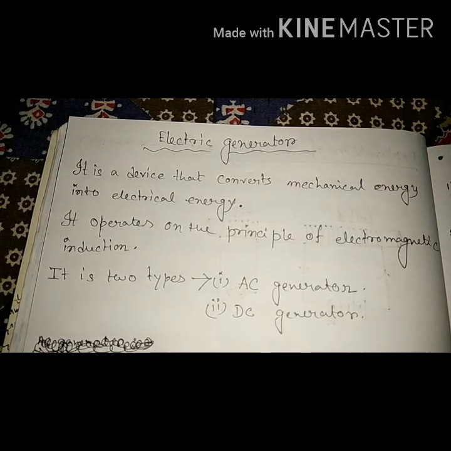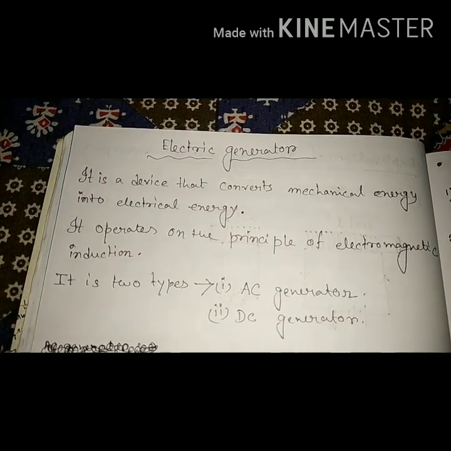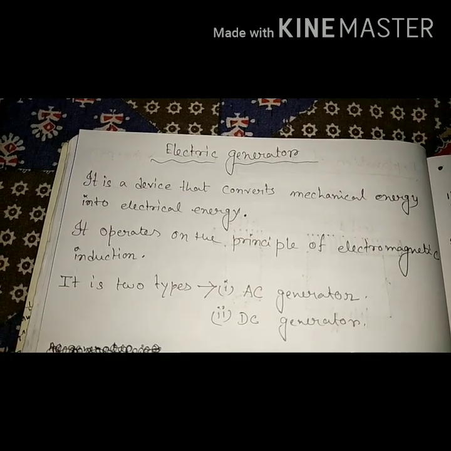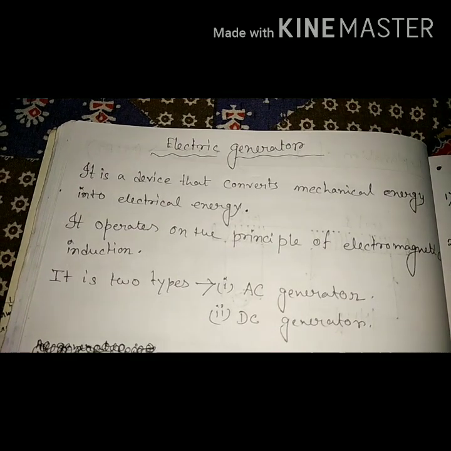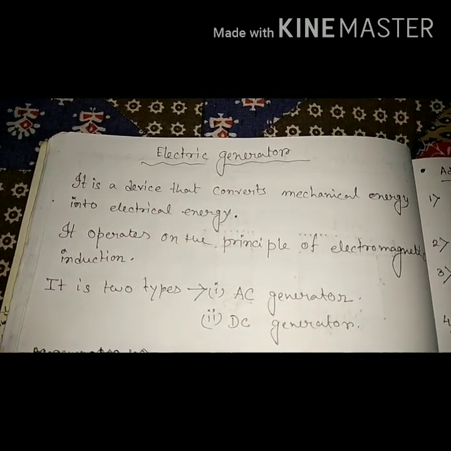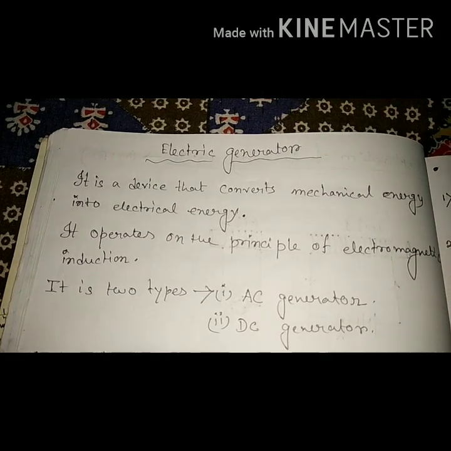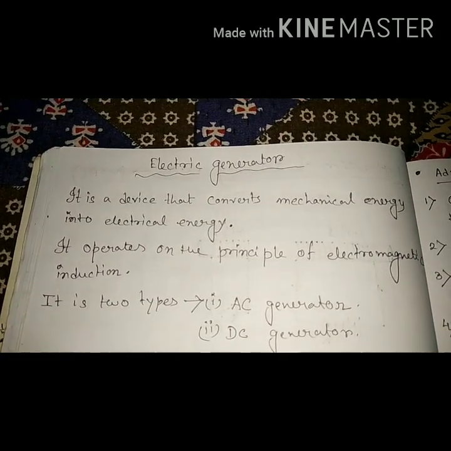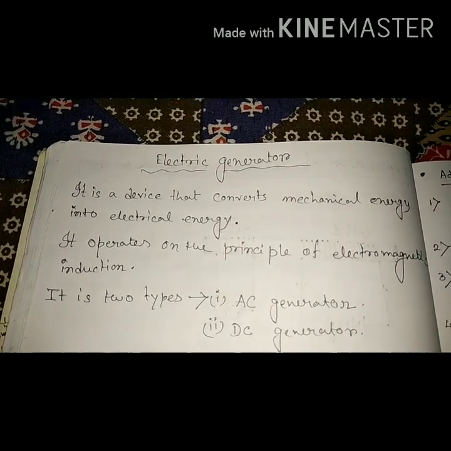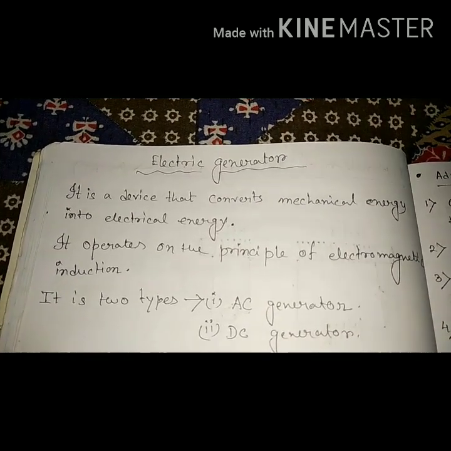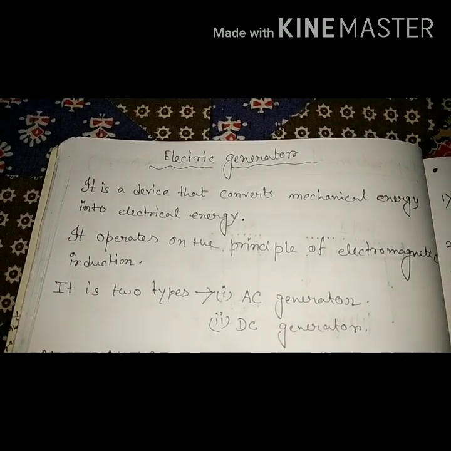An electric generator is a device which converts mechanical energy into electrical energy. But in a motor, electrical energy is converted into mechanical energy. That means here first the machine works mechanically, then it gives us electric energy. Now when the current is off and the generator is on, after some time electricity will come into our home. That means mechanical energy is converted into electrical energy.